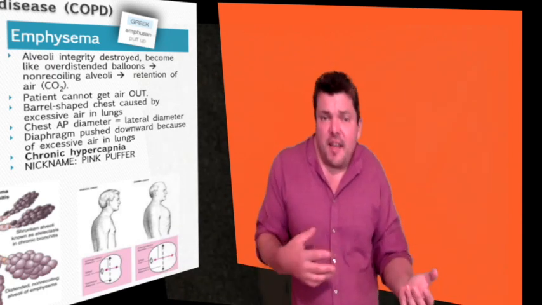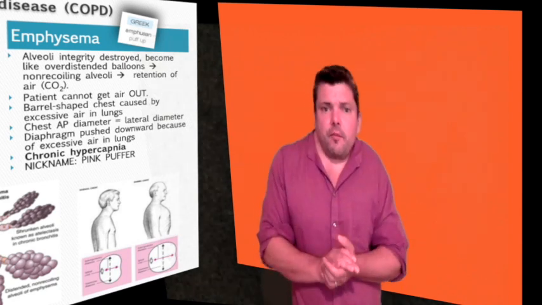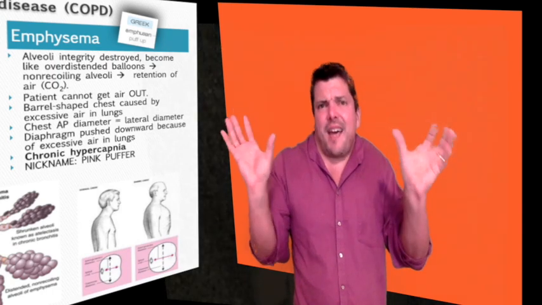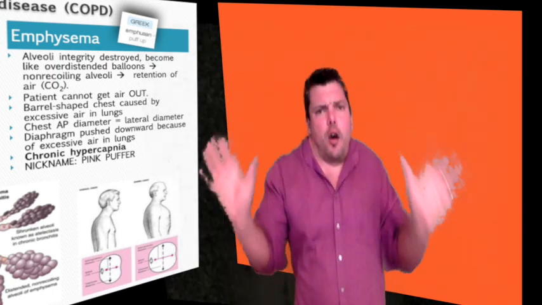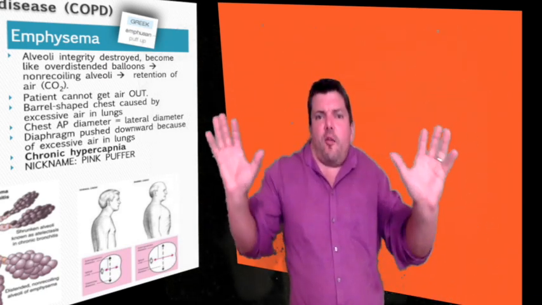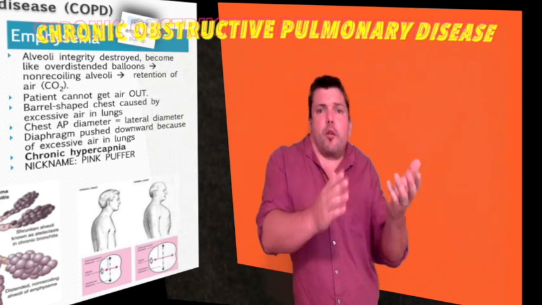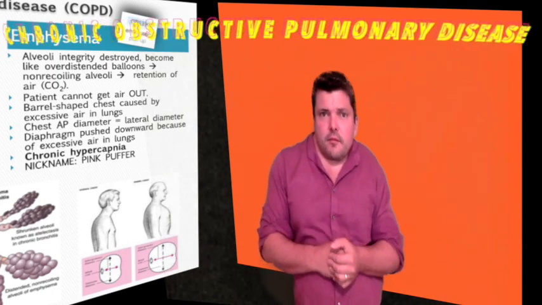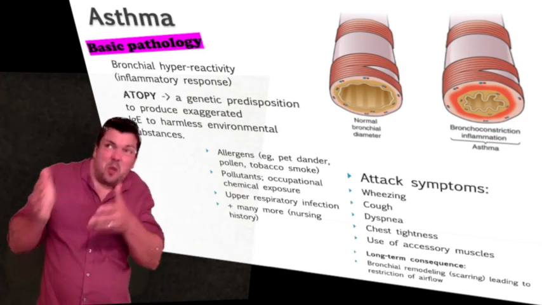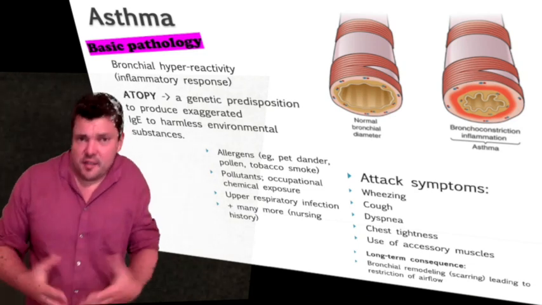Emphysema and chronic bronchitis are two pathologies that can potentially lead to respiratory failure. In many patients, chronic bronchitis and emphysema are two different pathologies that are co-occurring. And eventually, they're both brought together under the heading of something called chronic obstructive pulmonary disease. A third, but somewhat less common cause of COPD is asthma.